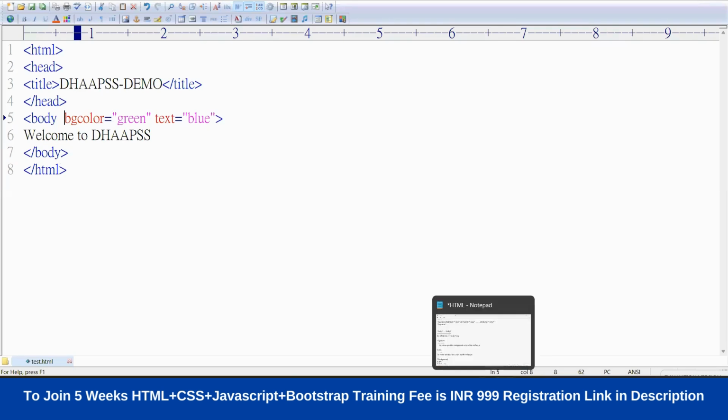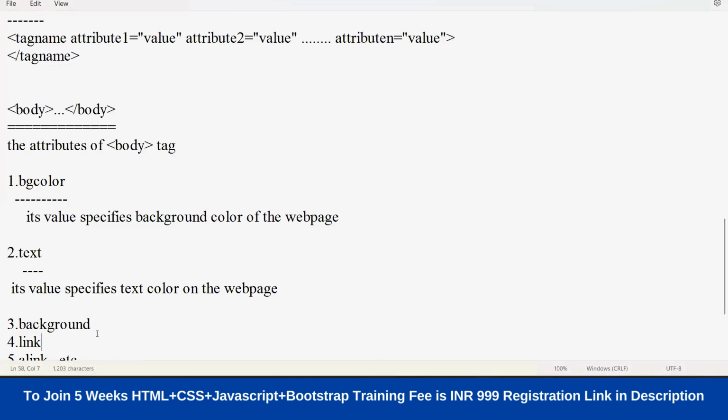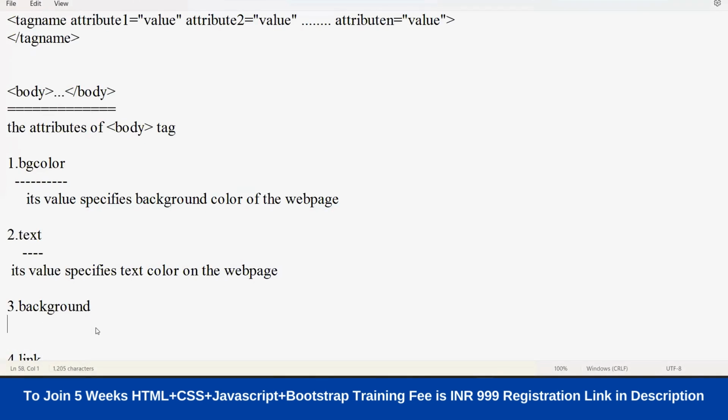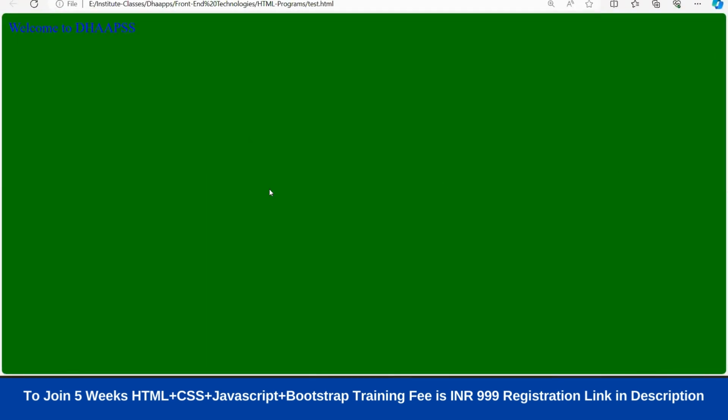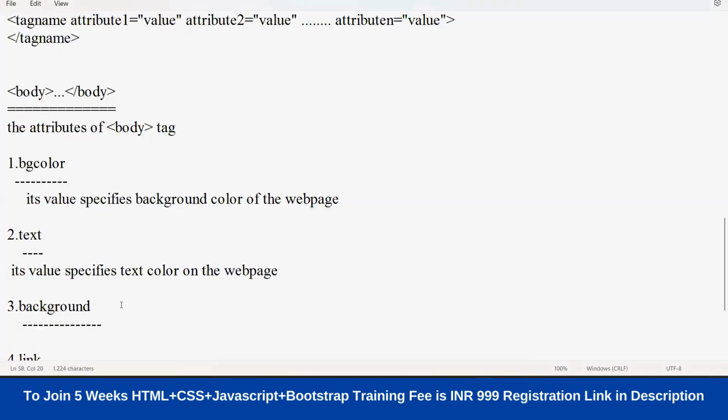Okay, fine. Now I am going to tell another attribute. What is that? Background. Suppose this particular web page doesn't contain any background image. Now I want to insert a background image for the web page, to add some theme. Is it possible? Yes, possible. For that we need one attribute. What is that attribute? Background. Its value